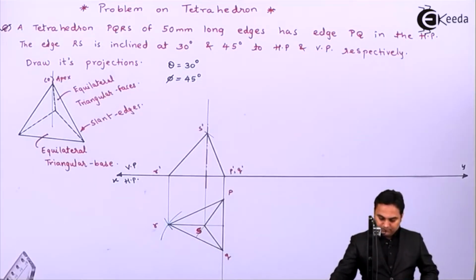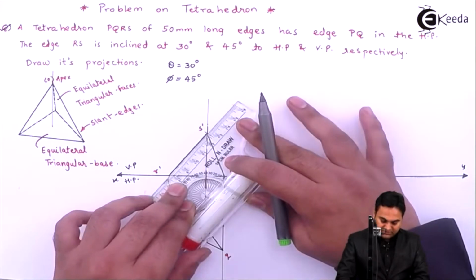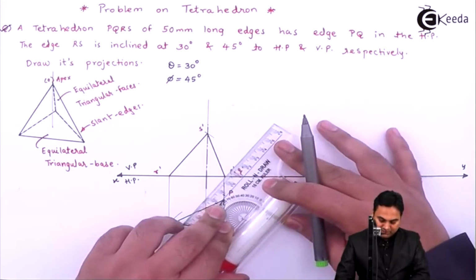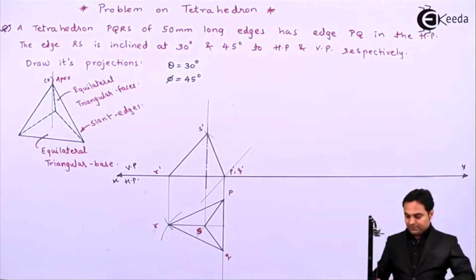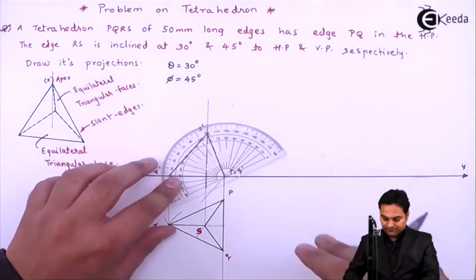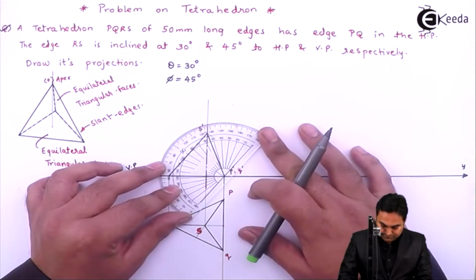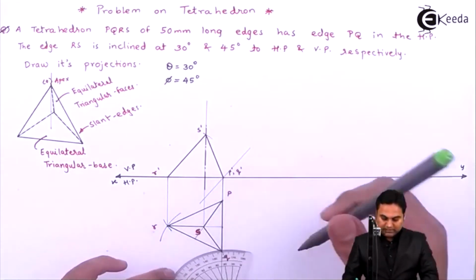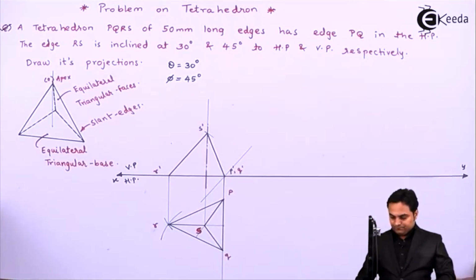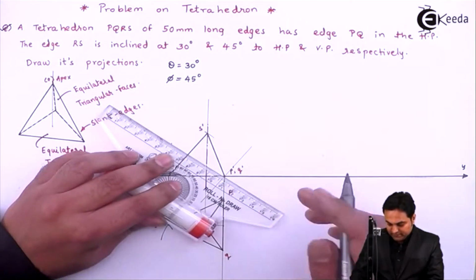First of all, I'll draw a line parallel to RS because this is the edge which is to be made inclined. So parallel to this, from P dash Q dash, I am drawing a light line. Next, keeping this line as the reference, and here this is point P dash Q dash. So here I'll drop a perpendicular, that is drawing a 90-degree line on R dash S dash. I'm dropping a perpendicular here, and I'll explain this step.